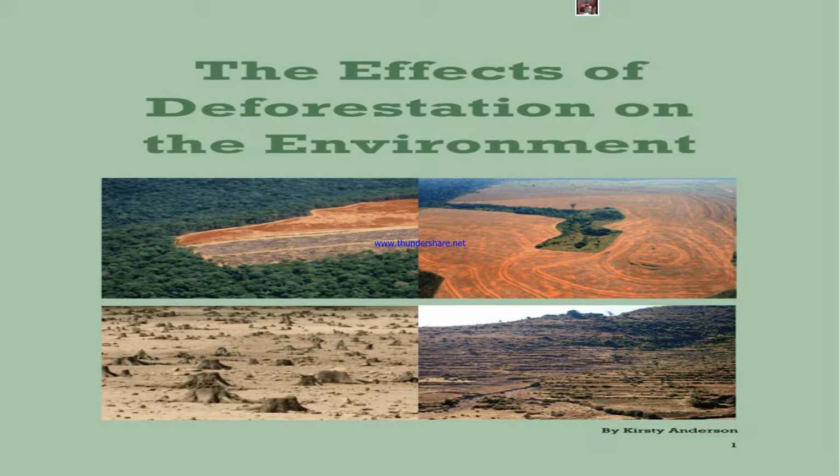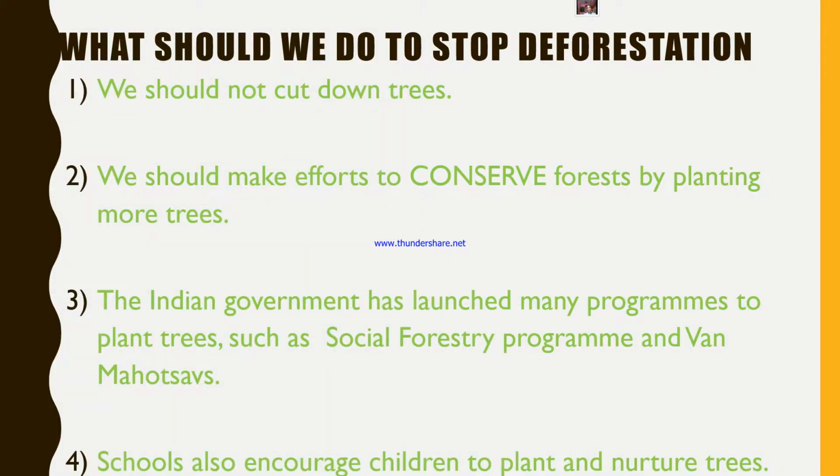Look at, because of mining, the marks of the tires, the wheels of vehicles constantly moving out there. And look at the stumps of the once evergreen parts of forests. Look at the barren land. Out there in the fourth picture, that was once a forest. Look how it looks. It does not look good, right? Because we are used to looking at good things. Now that is not a good thing, right? So what should we do to stop deforestation? A lot of things we can do.